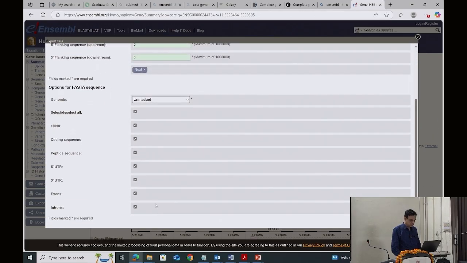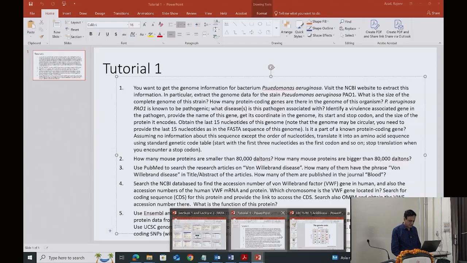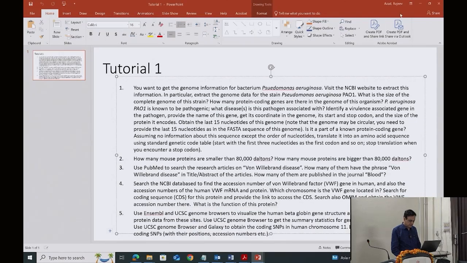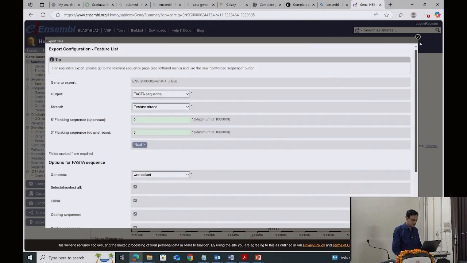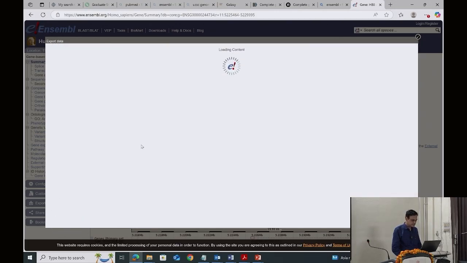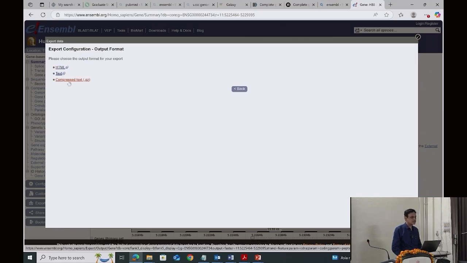And you want to, so question is, okay, nucleic acid, and okay, so you can include everything. Nucleic acid or cDNA coding sequence, and does it provide protein data? Yes, peptide sequence. Okay, and then get data. So next, and then you can click on compressed text. It will download to your computer. Okay, and now go to